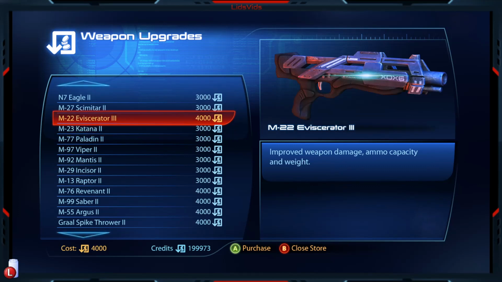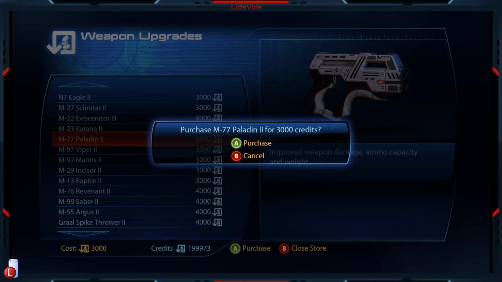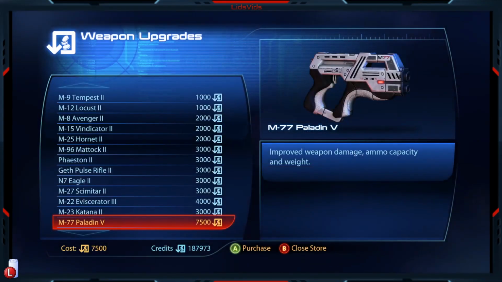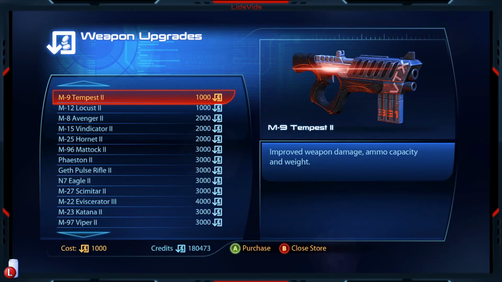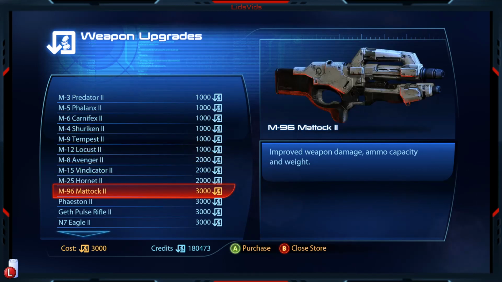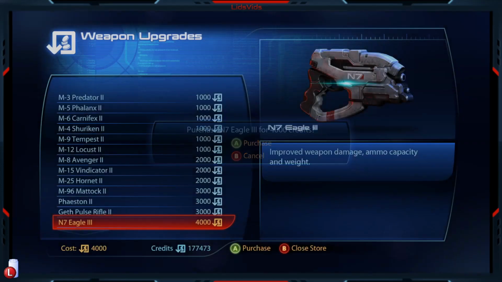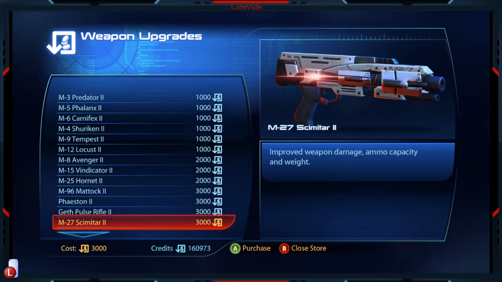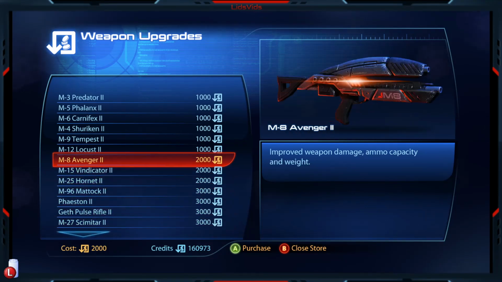Paladin may be next on the list. Paladin and Eagle? I think we go that route. Call me a pistol purist. My preference for pistols. Yes, I admit it. But at the end of the day, I think they're good weapons. And because they're good weapons, I think they're probably worth upgrading. There we go. Okay. So then...